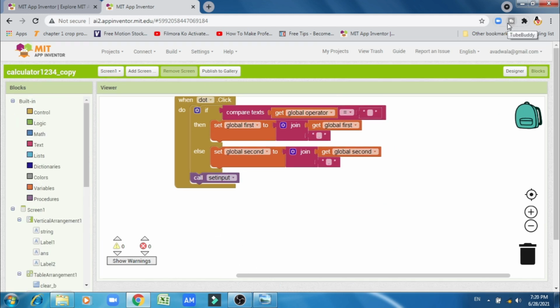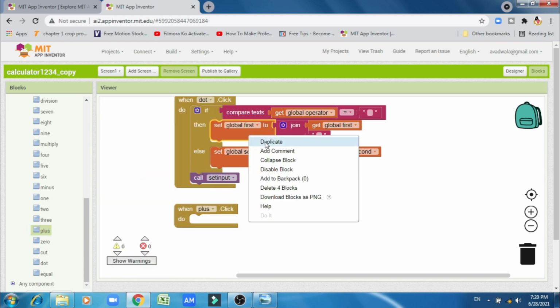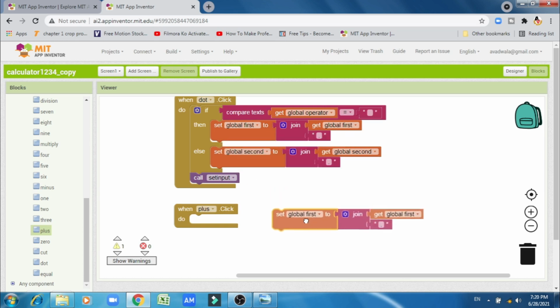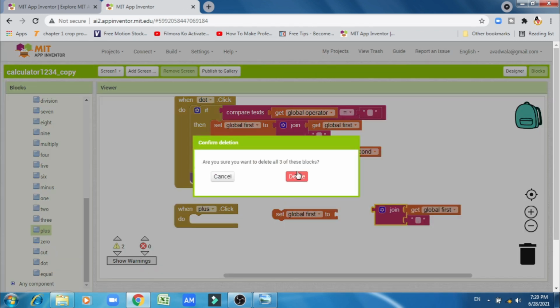Now we set block code for the various operator buttons. So there are 4 or 5 operators, that is addition, subtraction, multiplication, division and percentage. First we will do addition, that is plus. When plus click, now we will make a duplicate and delete those 3 blocks.